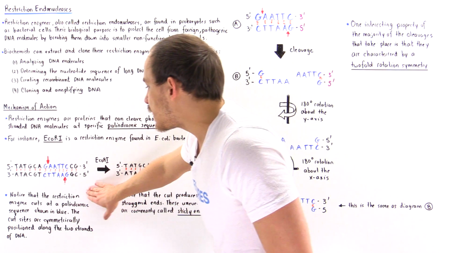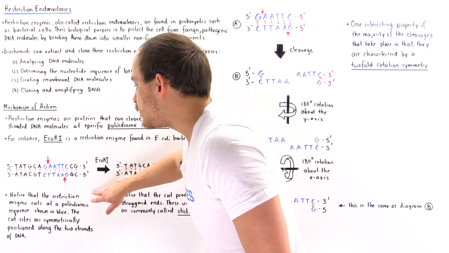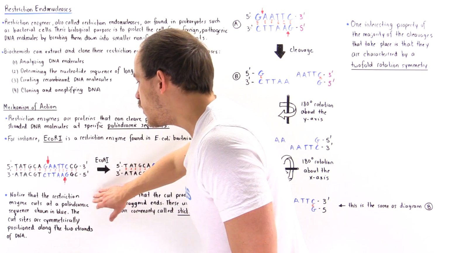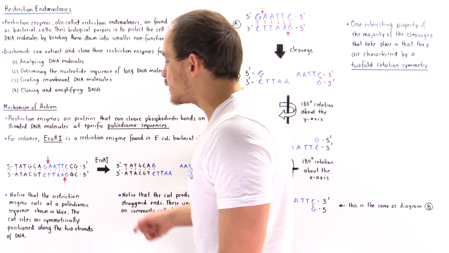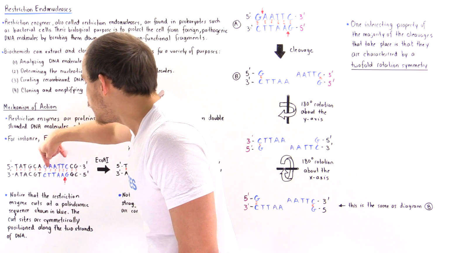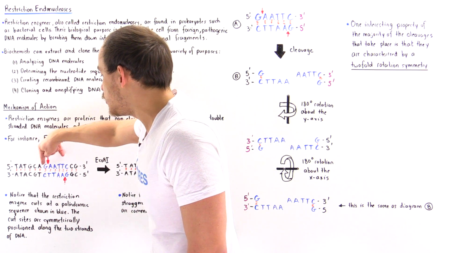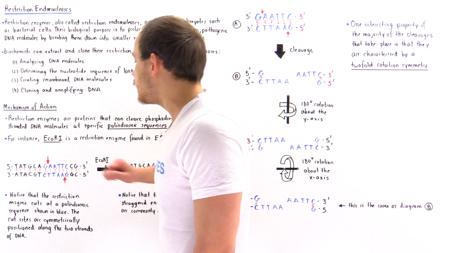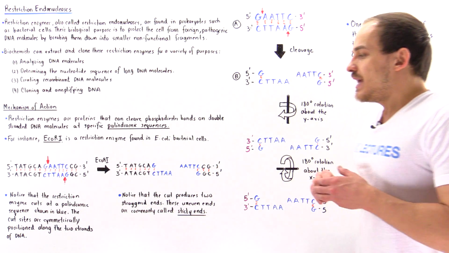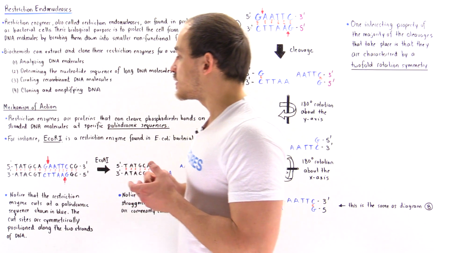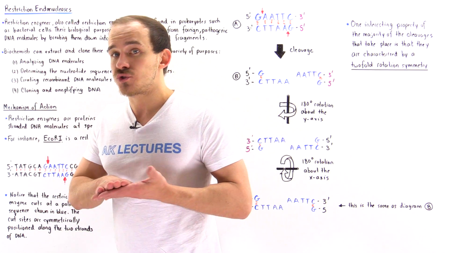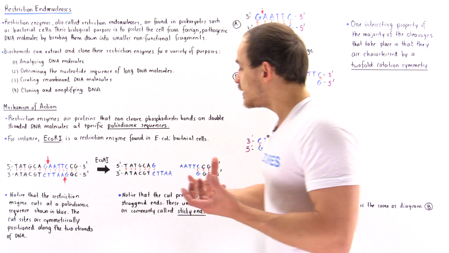So notice that the restriction enzyme cuts at a palindromic sequence shown in blue. The cut sites are symmetrically positioned along the two strands of DNA. So we cut this region between the GA and this region also between our GA. Now, another way of saying that our mechanism of action is along a palindromic sequence is to basically say that